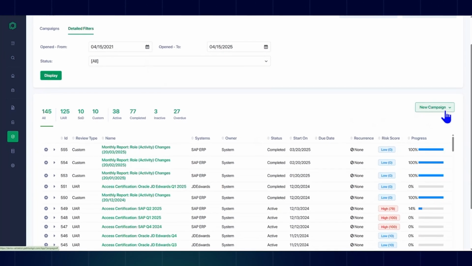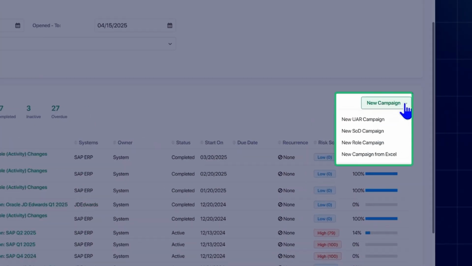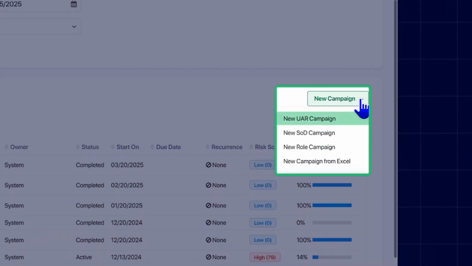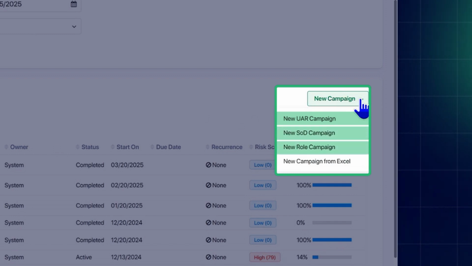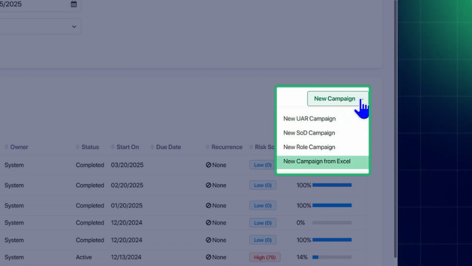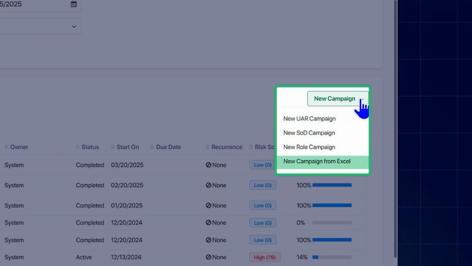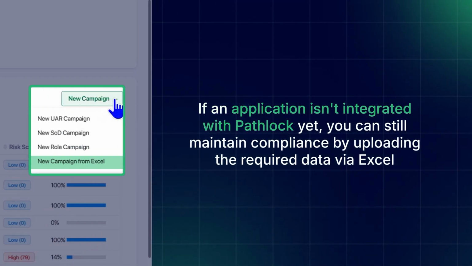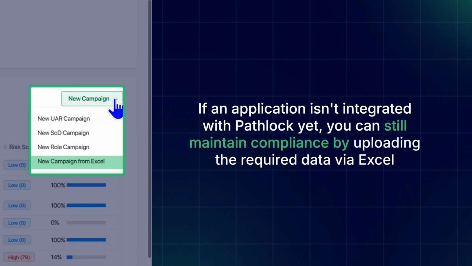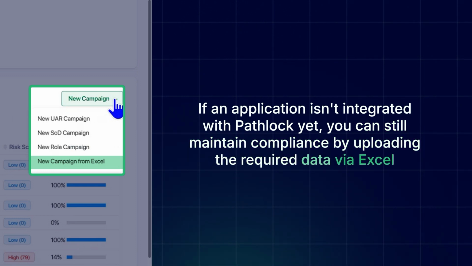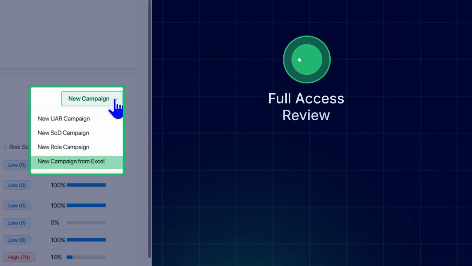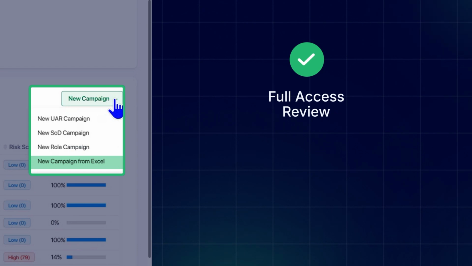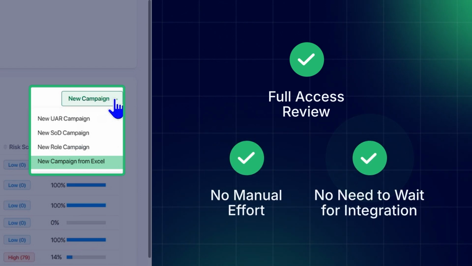Creating a new campaign is straightforward using the drop-down menu. We can choose from UAR, SOD, or role campaigns. The new campaign from Excel is a unique differentiator for Pathlock Cloud. If an application isn't integrated with Pathlock yet, you can still maintain compliance by uploading the required data via Excel. This allows you to conduct a full access review through our engine, eliminating manual effort and the need to wait